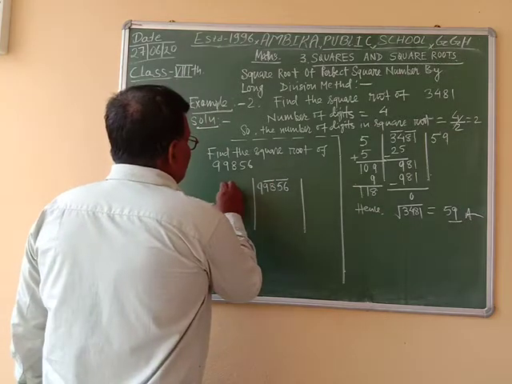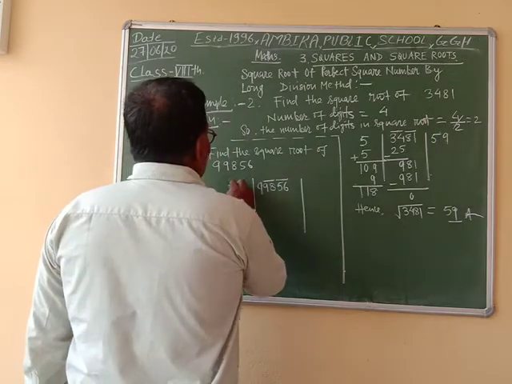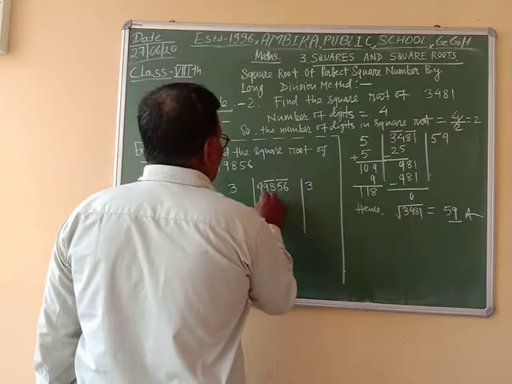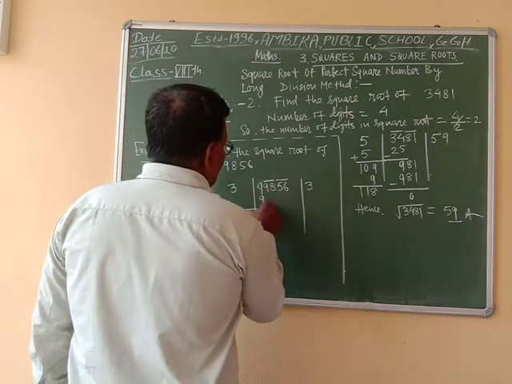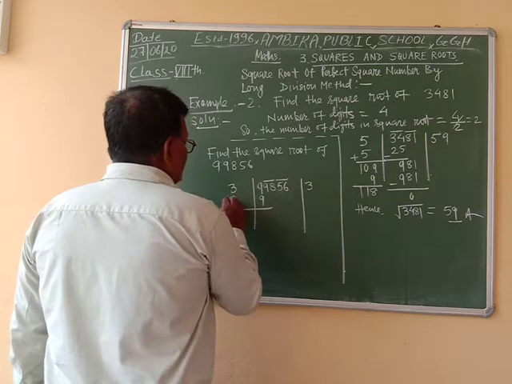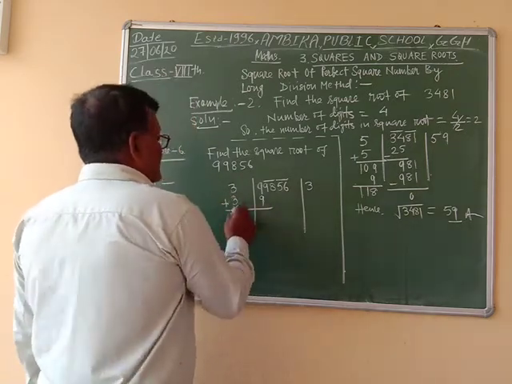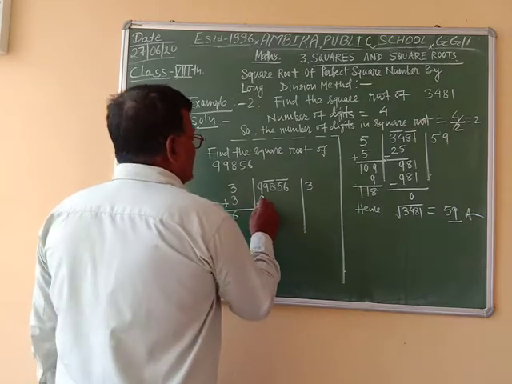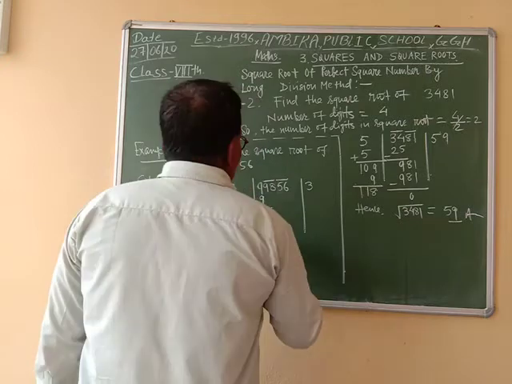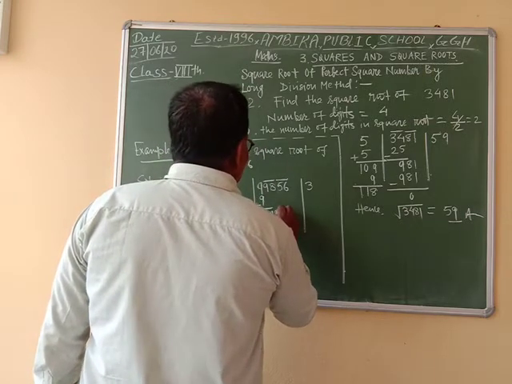So we take divisor 3, because a square of 3 is equal to 9. So we divide it by 3 and write 3 below first 3, adding 3 and 3 is 6, on subtracting 0 as remainder. Now we write 98.